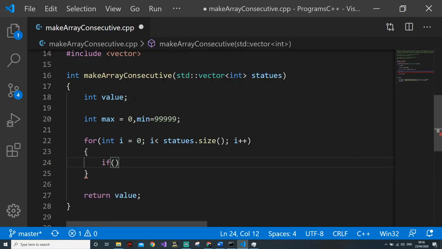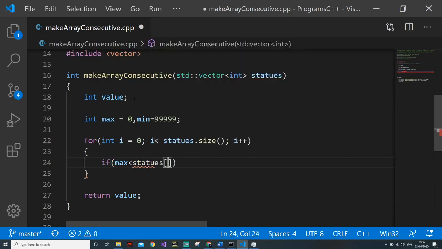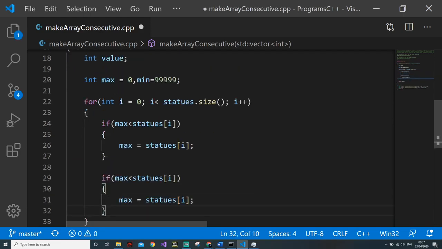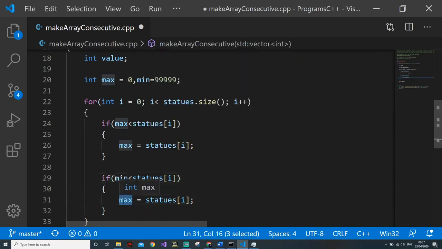So what we'll do, if max is less than the element at index i, we will update max with this one. The same way we will write the min logic. Just for min, the symbol will be greater.